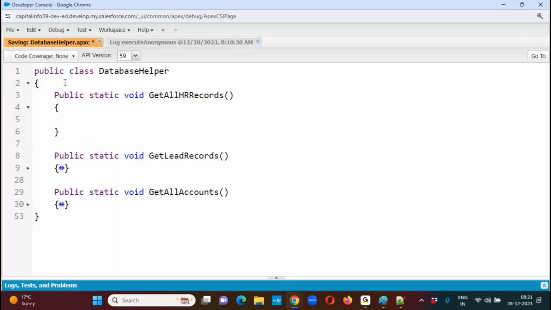Get all HR records. Now here I would like to prepare the SOQL query. How to get? Let's see. Initially, we are going to fetch the data from the object. We need to store them to a list collection. From the list, we need to copy into a map collection one by one. So I'm preparing this list of